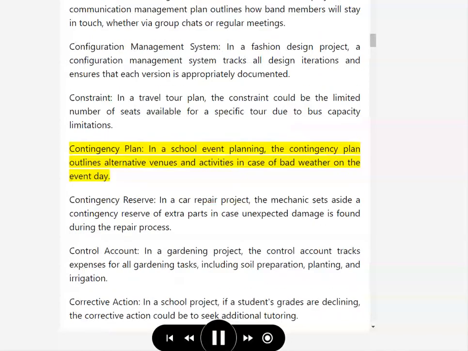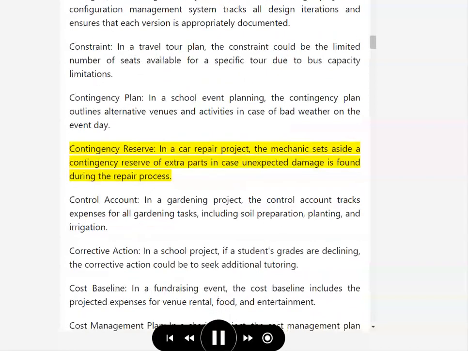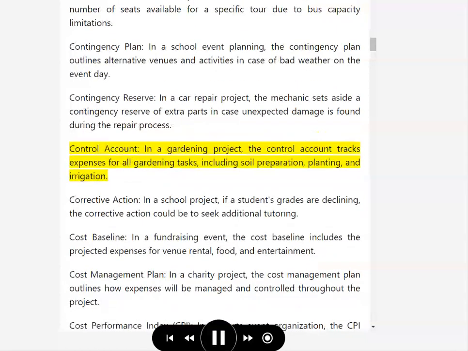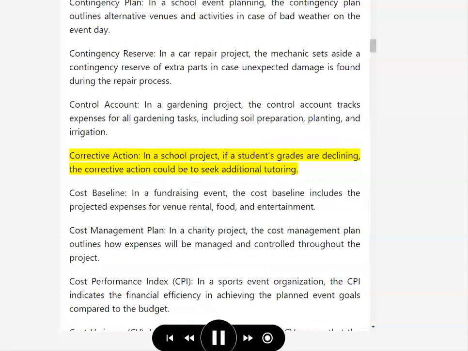Contingency plan. In a school event planning, the contingency plan outlines alternative venues and activities in case of bad weather on the event day. Contingency reserve. In a car repair project, the mechanic sets aside a contingency reserve of extra parts in case unexpected damage is found during the repair process. Control account. In a gardening project, the control account tracks expenses for all gardening tasks, including soil preparation, planting, and irrigation. Corrective action. In a school project, if a student's grades are declining, the corrective action could be to seek